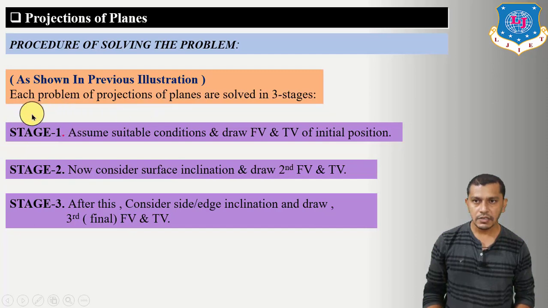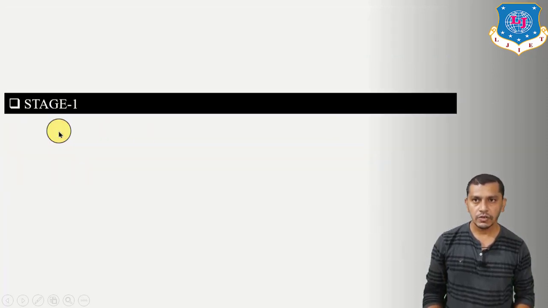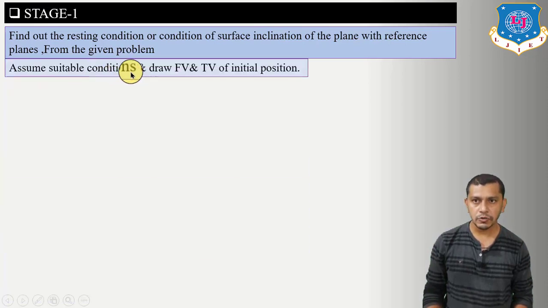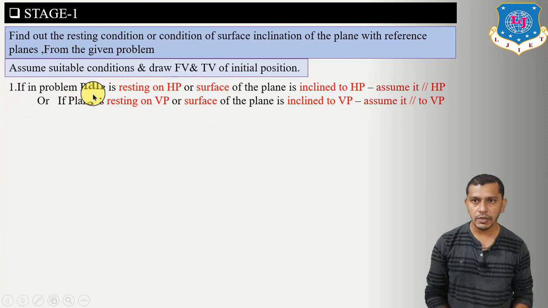Now let us discuss the first stage. How can we derive the first stage? In the first stage, first of all, we have to find out the resting condition or the condition of the surface inclination of the plane with the given reference planes from the given problem. And then we have to assume the suitable condition and draw the front view and top view in the first stage. Now what will be the suitable condition? What do we have to assume to draw the front view and top view in the first stage? So if in the problem